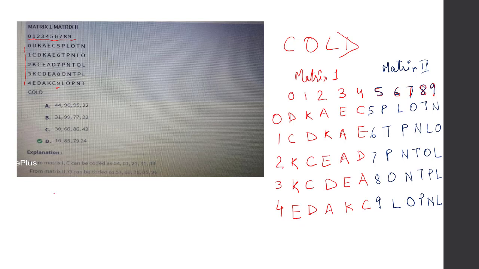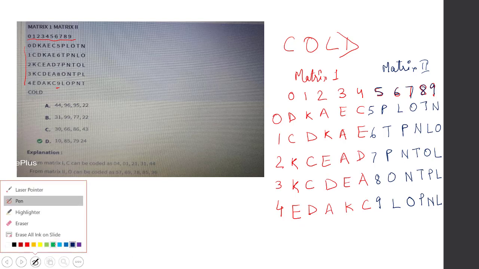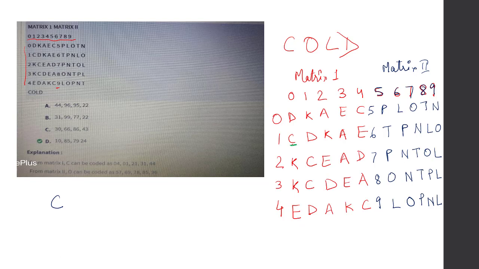Now how do we get the value of any alphabet by using these kinds of matrices? Let's say I want to find the value of C, how will I read C? Because C is placed at multiple places. You can first find C at this place. Now how do we read the value of any alphabet? We first look at the row number and then the column number. So at this place the row is 1, column is 0, so the value of C has to be taken as 10 from this place.